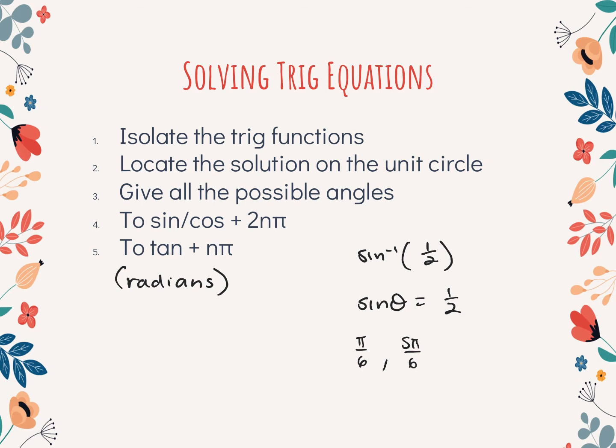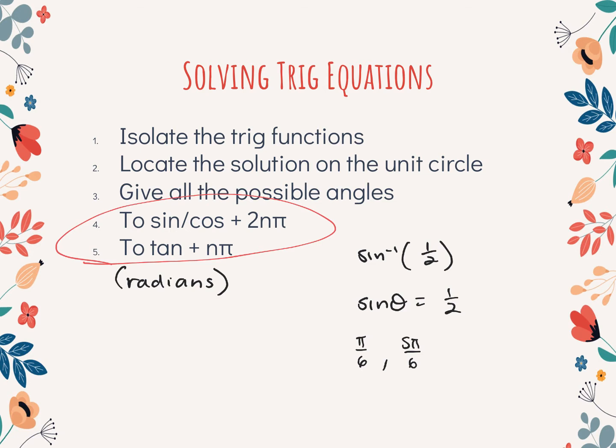When you answer these questions, there are two types of directions: one that just says solve, and one that says solve on the interval. If it's on an interval, you only use the interval that's given. So if it says from 0 to 2 pi, you only use your natural unit circle. If it doesn't give you an interval, then you do this, which is to the sine and cosine answers,